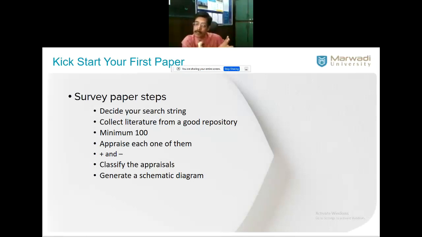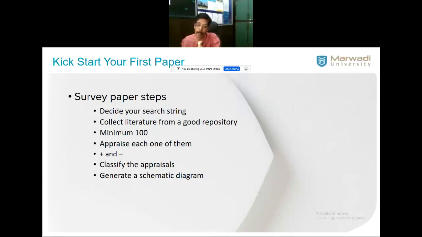Beginner means survey is good. Many conferences, many journals of second quality, for example, will accept surveys. However, journals of supreme quality with high impact value may or may not take up your survey, provided it is really solid in nature. So the survey paper, you can easily write. Some steps are there, some tips are there for you.